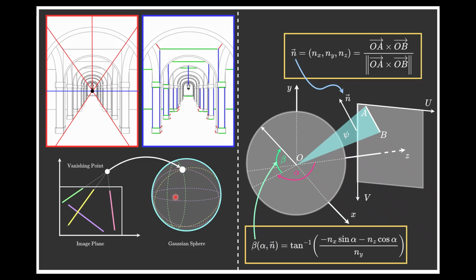The key insight: if multiple lines in the image share a vanishing point, their corresponding great circles on the sphere all intersect at the same points. So this is how we define what a vanishing point is using Gaussian spheres, and this is the calculation we make. So vanishing point detection becomes finding intersection clusters on a sphere, a much more constrained, well-behaved problem than searching